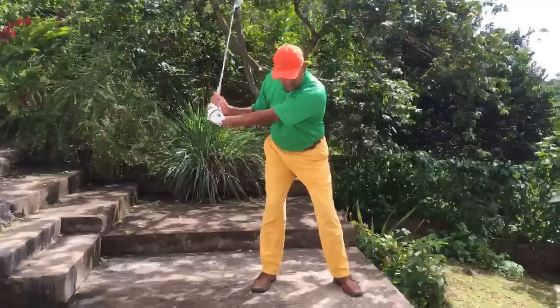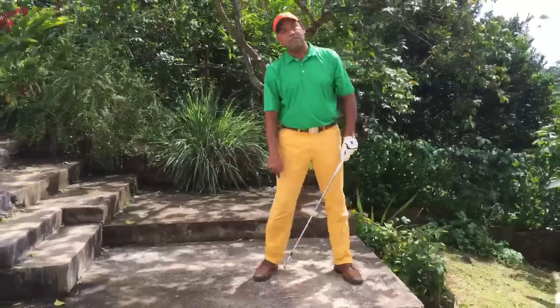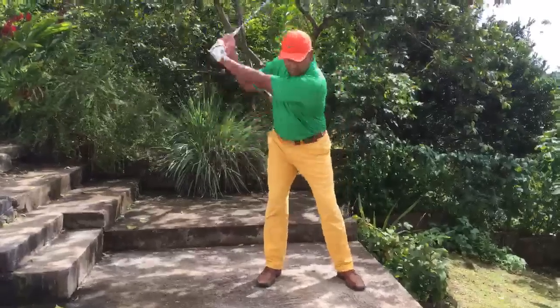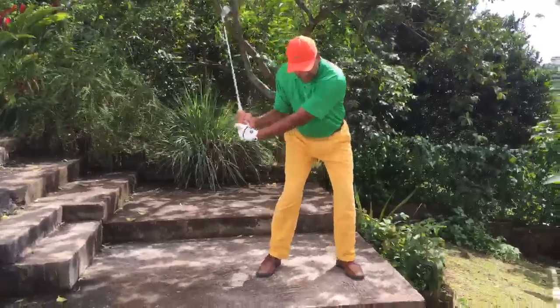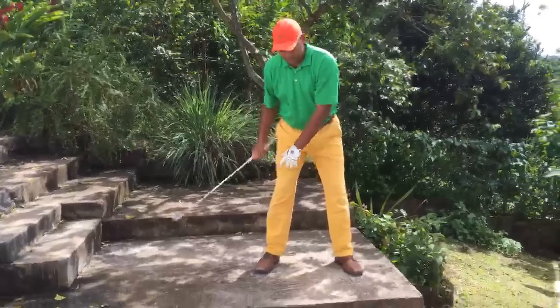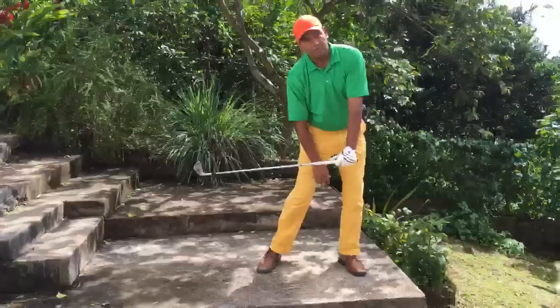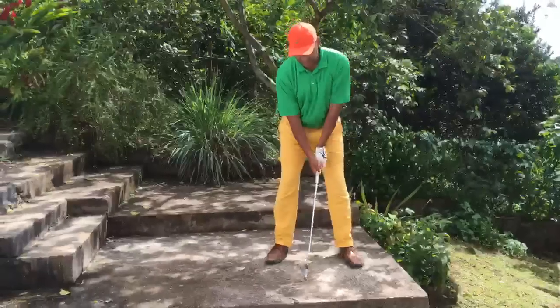Now your trail hip can move through on the inside of your big toe. Because of the dropping of the arms, head behind the ball, as your hips move, the planted rear foot rolls on the inside of the big toe and feeds your hips to get the club back out in front of you. So it's just as easy as here,